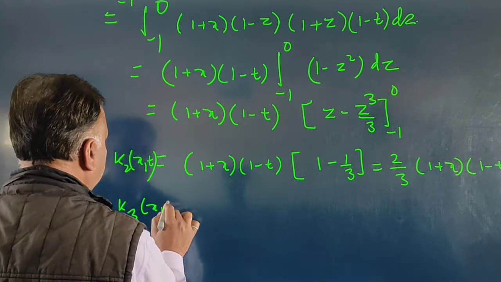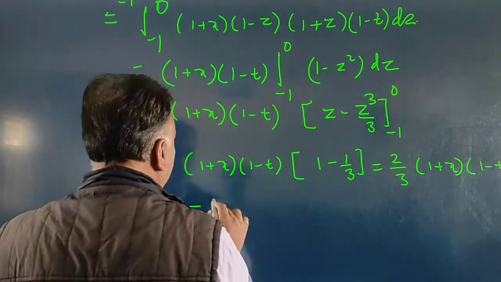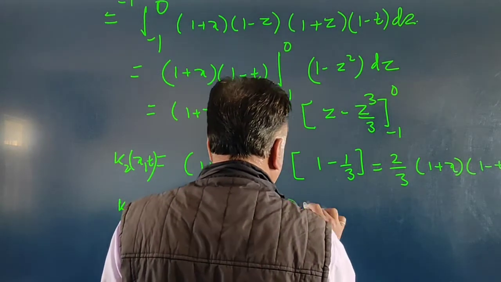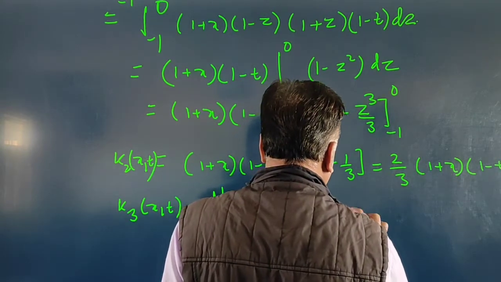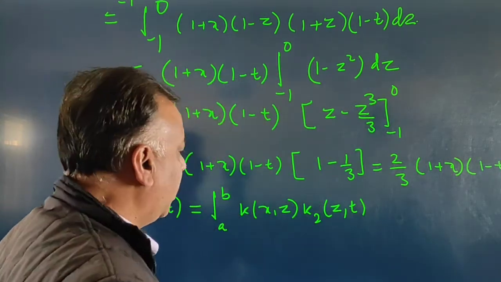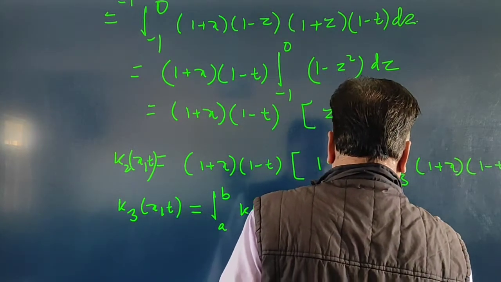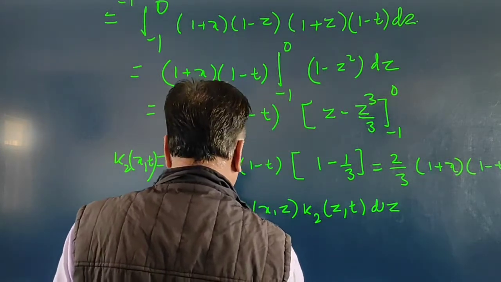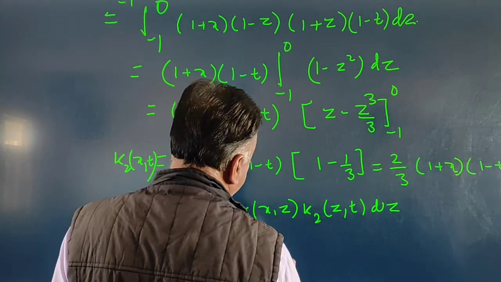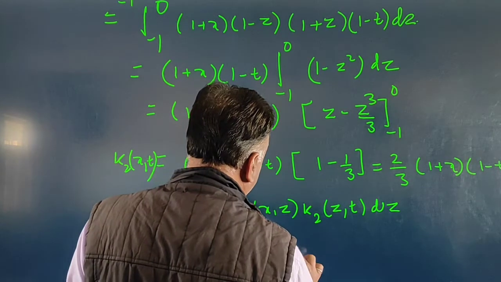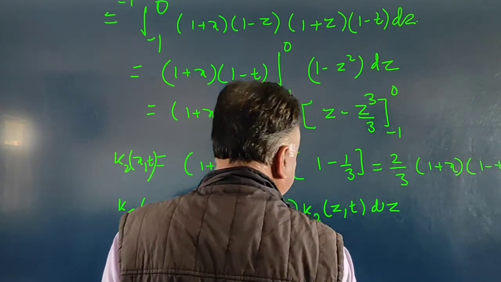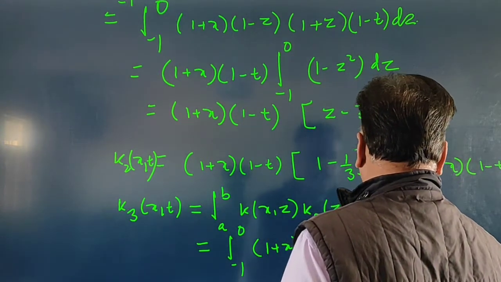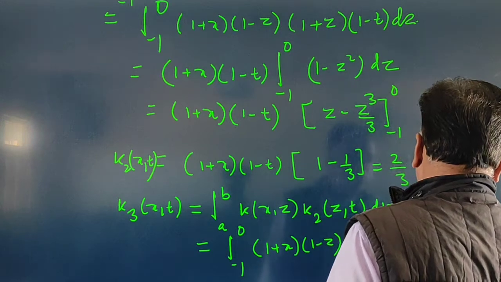So k3(x,t), by the formula, is equal to the integral from a to b of k(x,z) into k_{n minus 1}, that is k2(z,t), dz. By putting the values of a and b and these kernels, we get the limits minus 1 to 0. k(x,z) is (1 plus x) into (1 minus z), and k2 is 2 upon 3 (1 plus z) into (1 minus t)